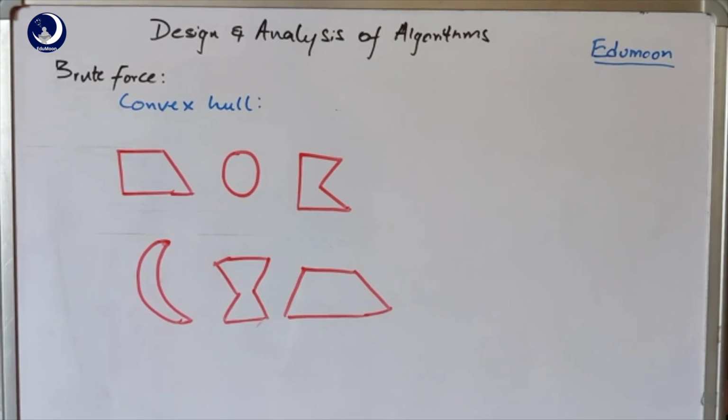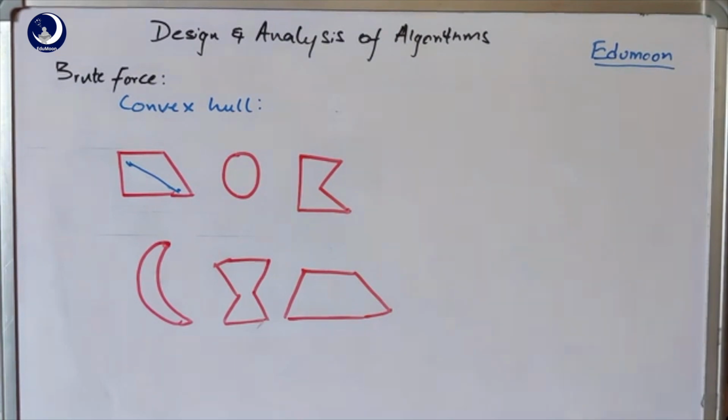For example, in the first image, if I take two points randomly at any location within the shape, and draw a line joining those two points, the entire line again belongs to the same shape. So we can call that a convex shape. If you take the third example and take two random points in that shape and join them, you can see that the line goes out of the shape. A part of the line is not within the shape, so we can conclude that it is not a convex shape.